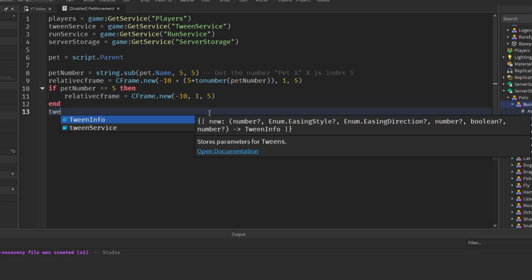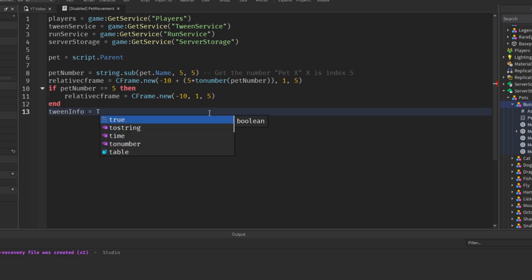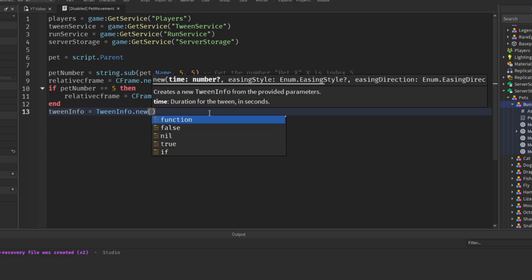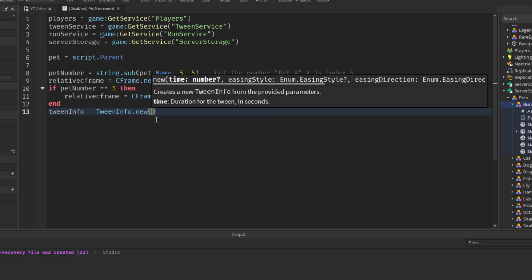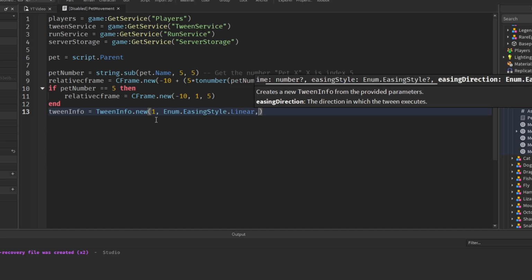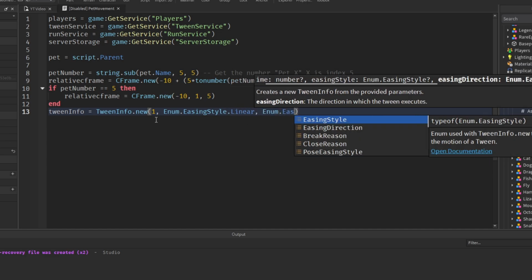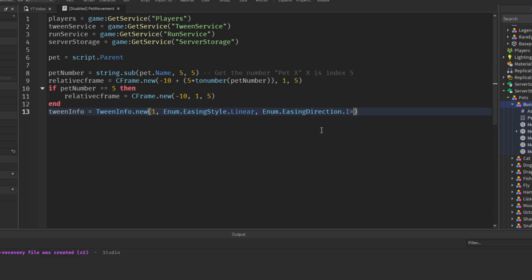Now we'll get the tween info equals TweenInfo.new. This TweenInfo must be all uppercase, and this one will have a lowercase t. And in here we'll add 1, Enum.EasingStyle.Linear and Enum.EasingDirection.In. And this will basically be the way that the pet is animated to follow the player, how smoothly it